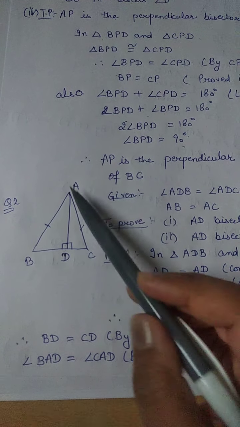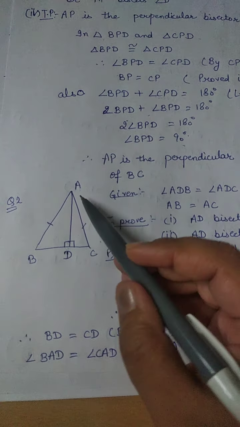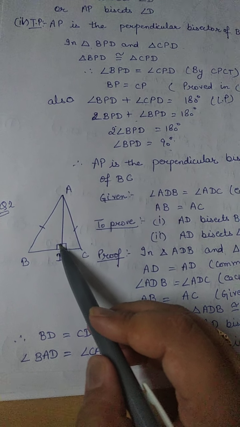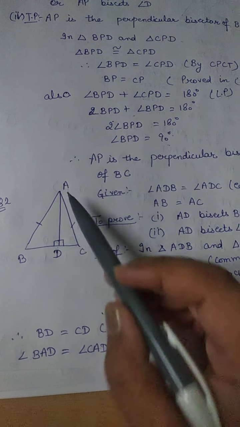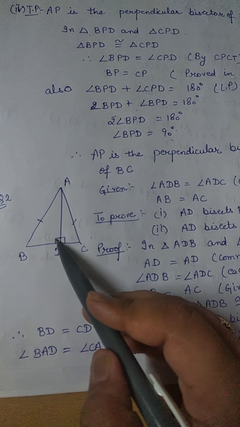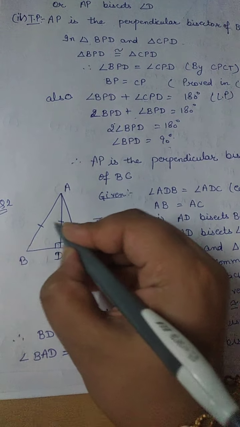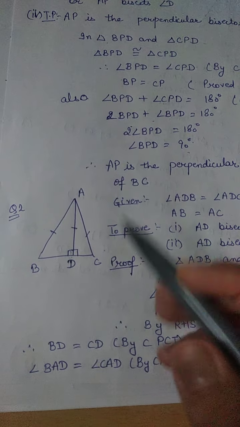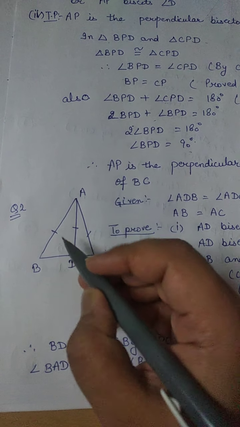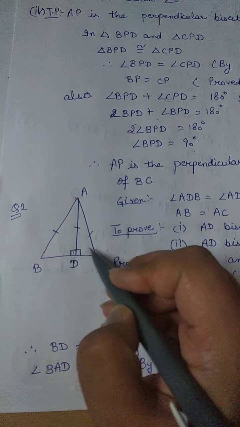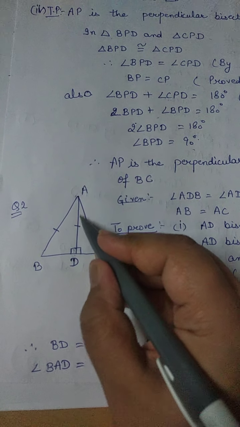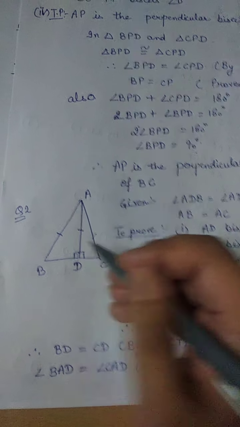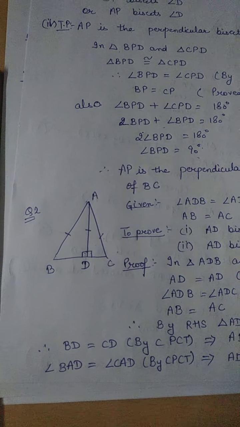So now let's see how we are going to prove that these two triangles are congruent. Since AB and AC are equal, we need three things. We know that these two are 90 degree angles and AD is common, right? So this is a 90 degree angle, this is a side, angle. We don't know any such criteria, so we are going to use RHS here. RHS means one right angle, hypotenuse should be equal, both are hypotenuse and they are equal, and one side should be equal. One side you can see here is either the base or the perpendicular. Here we have taken the perpendicular, that is AD.